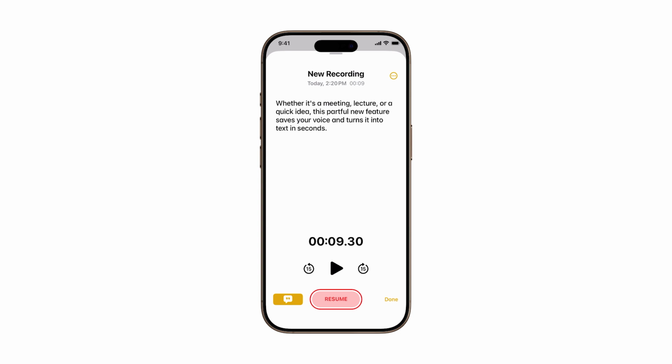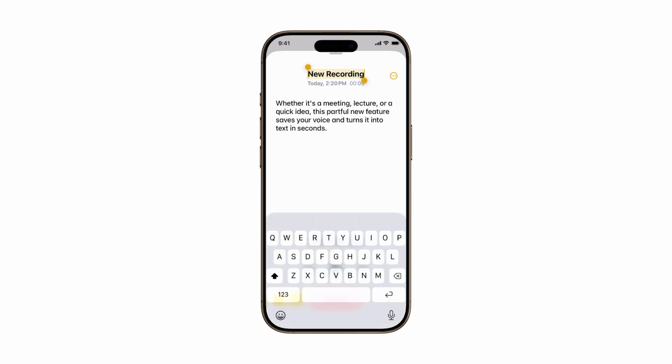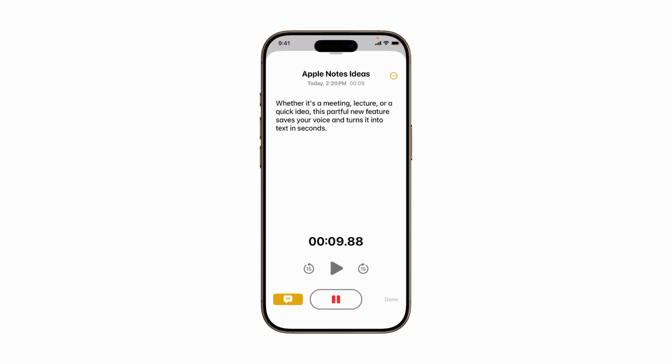Want to keep things organized? Tap the three-dot icon in the top right, choose Rename, and give your recording a clear title. And if you need to keep going, tap Resume, record more, then tap End and Done to save everything together